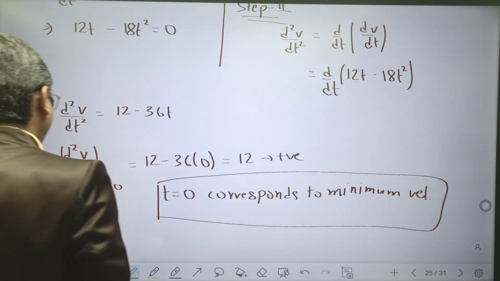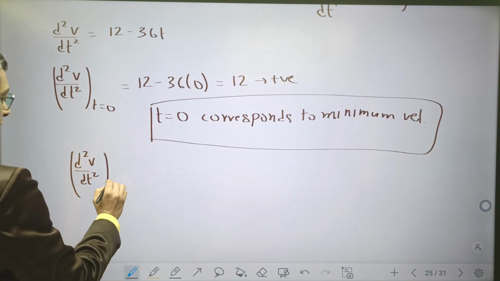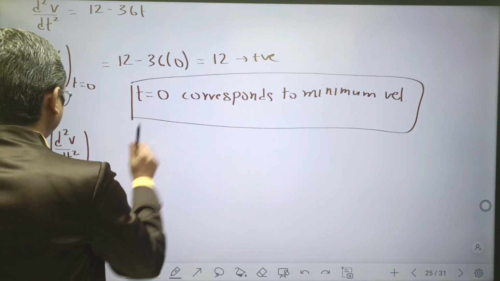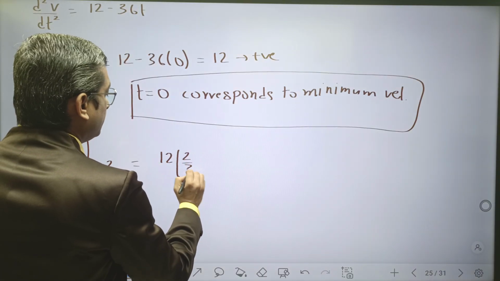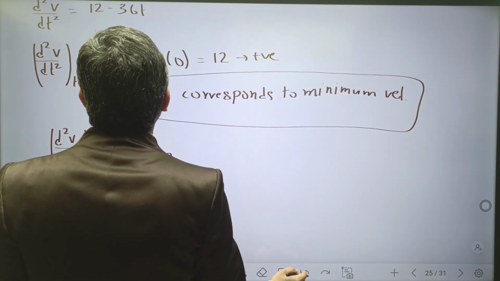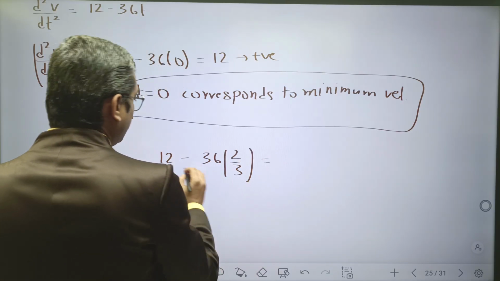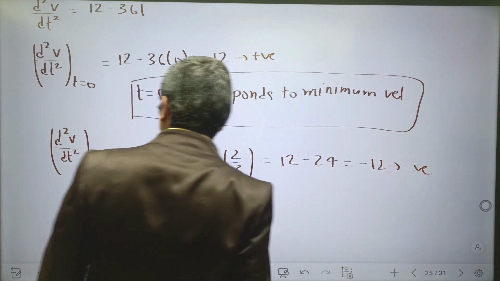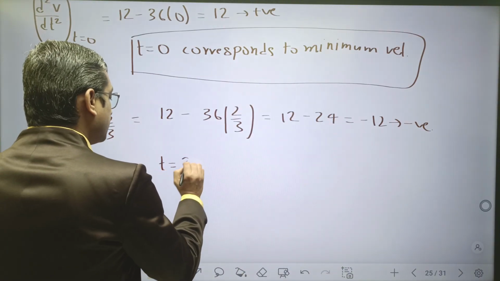So first answer we have found, and let us check for the second one as well. So d square v by dt square at t is equal to 2 by 3 now. The second value of t is 2 by 3. So this will be 12 minus 36t. This is 12 minus 36 into 2 by 3. So this will be 12 minus 24 is equal to minus 12, that is having negative value. So what happens? d square v by dt square is negative. So t is equal to 2 by 3 corresponds